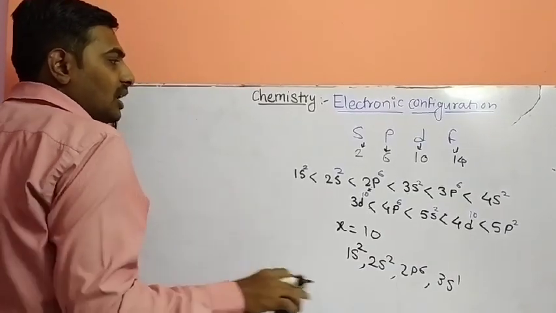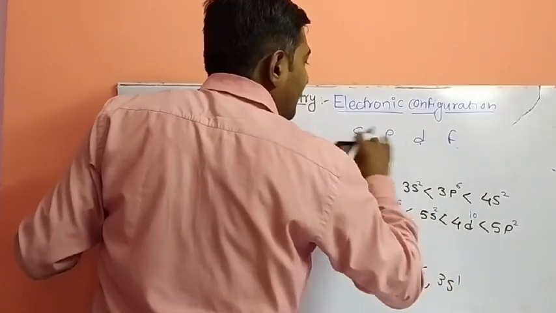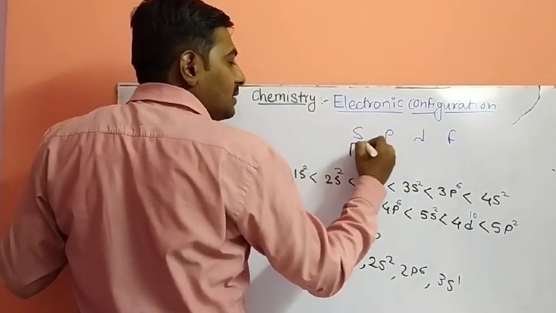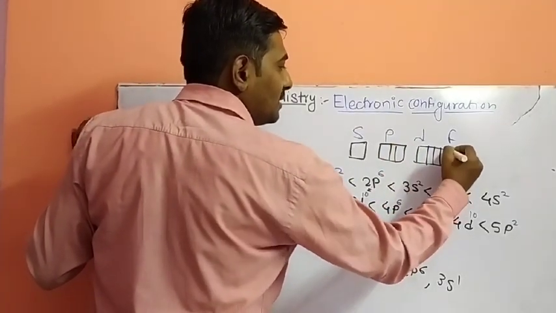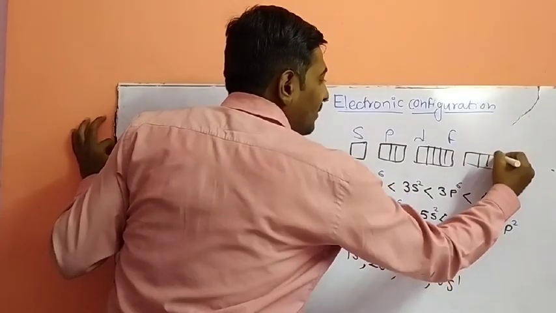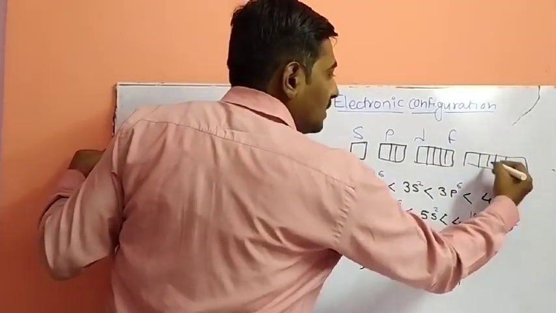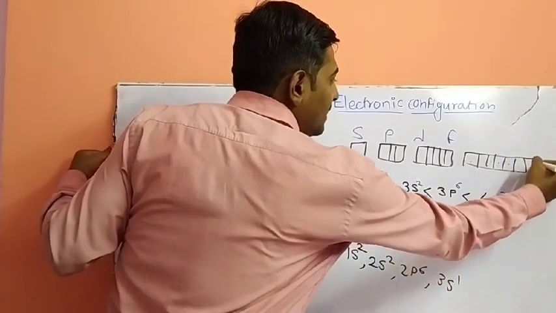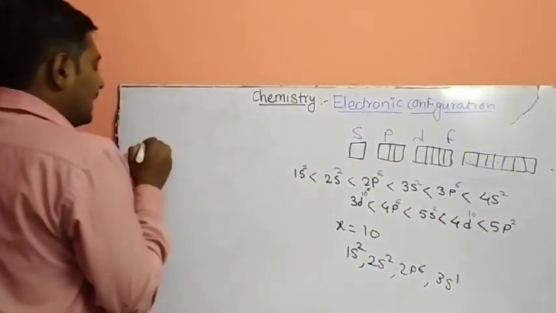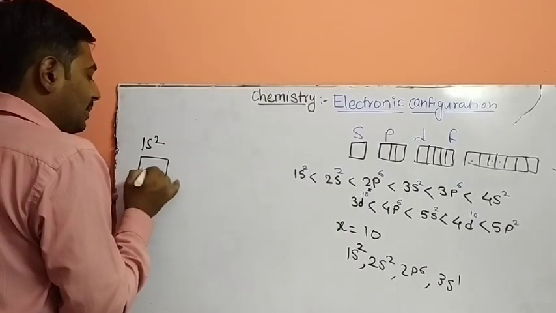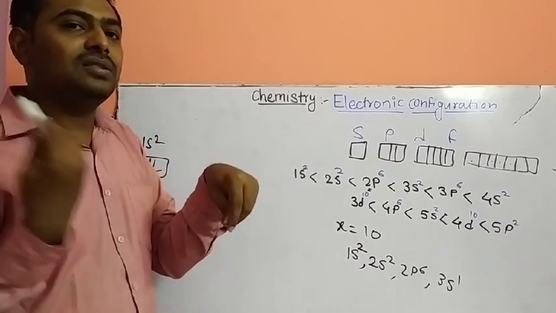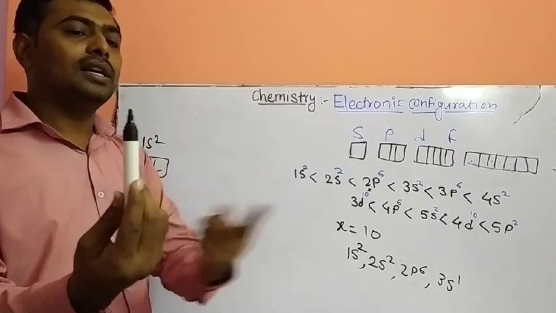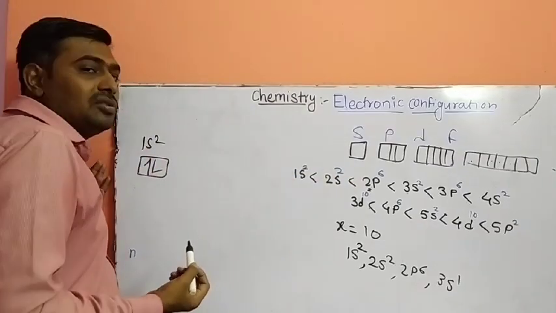Let's see the atoms and how we have to fill the electrons in the atoms. So let's see. The s orbital is like this. The p orbital has 3 suborbitals. The d orbital has 5 suborbitals. The f orbital has 7 suborbitals: 1, 2, 3, 4, 5, 6 and 7. So when you are writing 1s2, the first electron is parallel and the second electron will be anti-parallel. One electron rotates clockwise, while the second electron rotates anti-clockwise. Both electrons cancel each other.